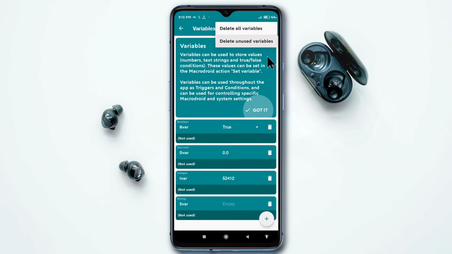It will delete all your unused variables. So now this is not used, this is not used, this is also not used, and this is also not used. If I click here, it will delete all the 4 variables.